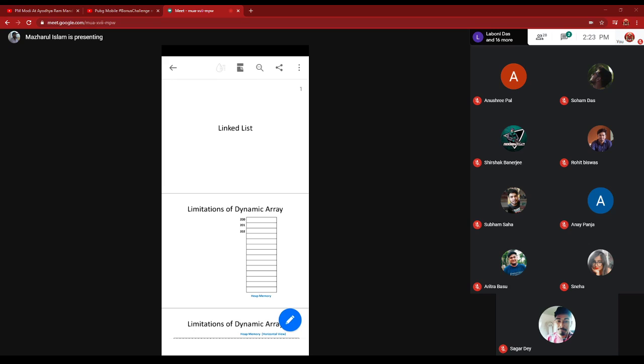So here one memory area is shown. When you store something here in this slide, you are storing three integers, and each integer takes 4 bytes, so 12 bytes are allocated. Then you decide to store one float, which takes 8 bytes. Now 8 bytes are allocated. Then you decide again to allocate 4 integers, so 16 more bytes will be allocated.